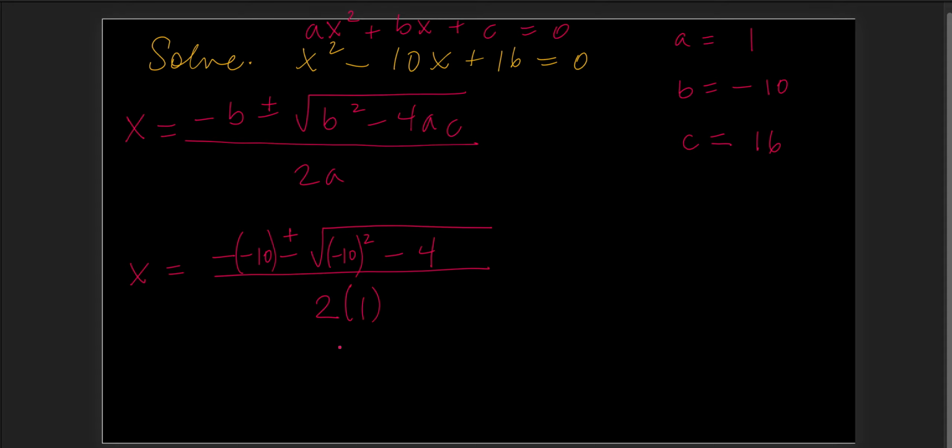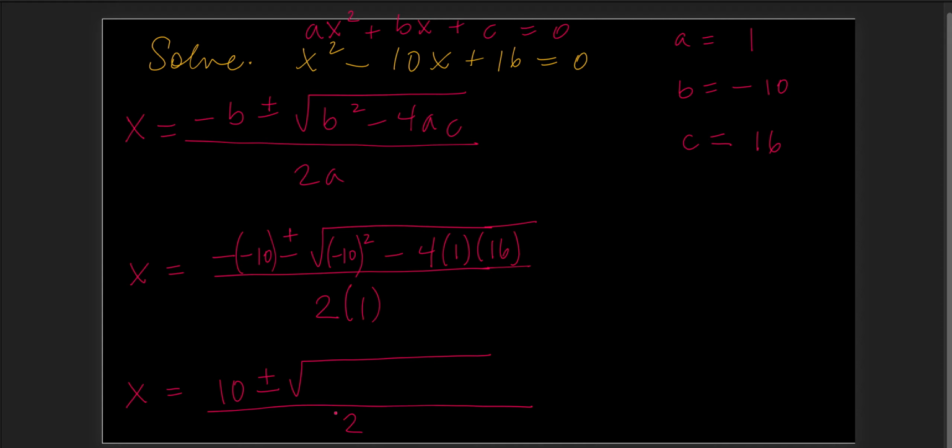So negative 10 is being squared, minus 4 times a times c. So that's 4 times 1 times 16. Now I have to simplify this according to the order of operations. The bottom's always really easy to do. That's a 2. Negative negative 10 like that makes a positive 10, plus or minus the square root of